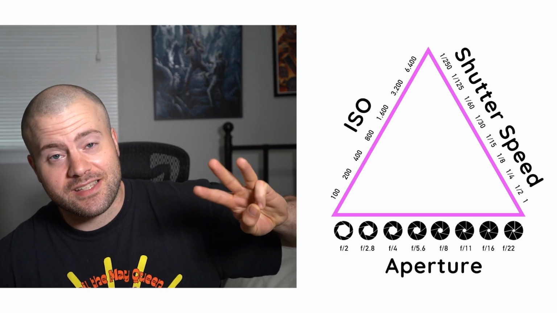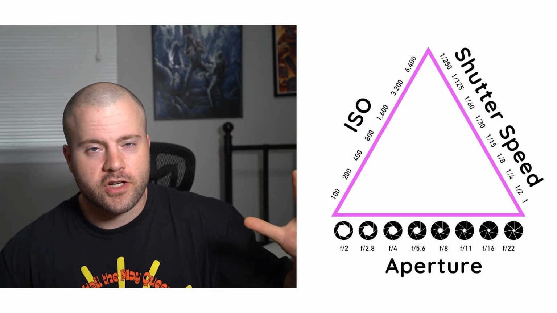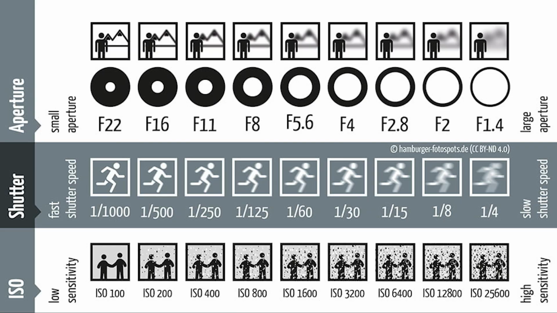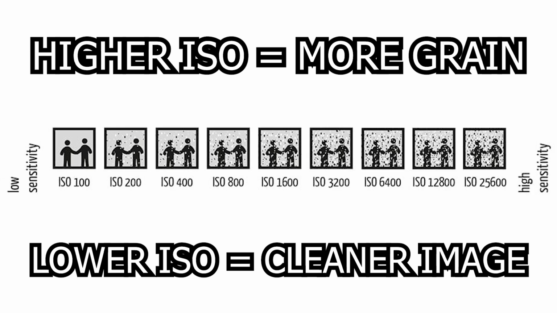Okay, there's three settings that you're gonna change that are gonna affect your exposure. There's shutter speed, aperture, and ISO. I'm gonna explain ISO first because quite frankly, that's just the easiest one to explain, and it's essentially your camera's